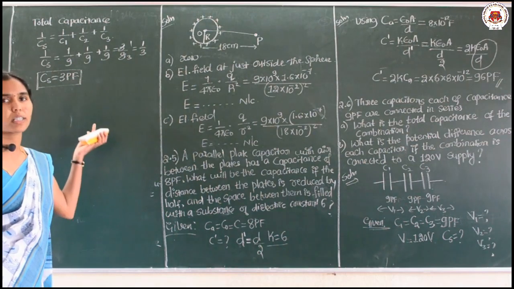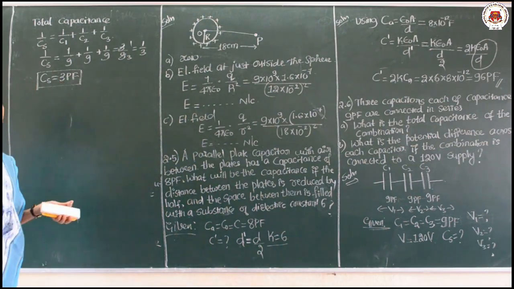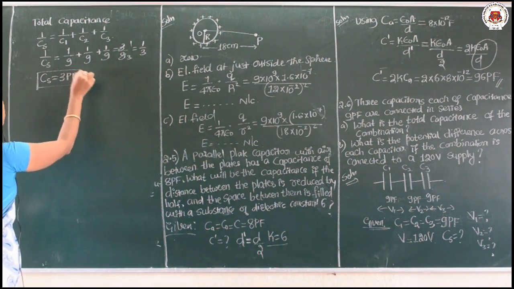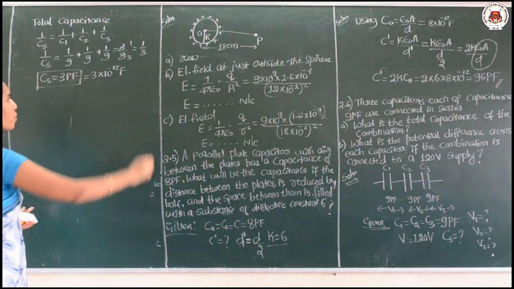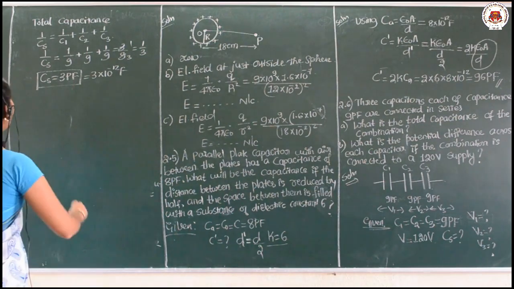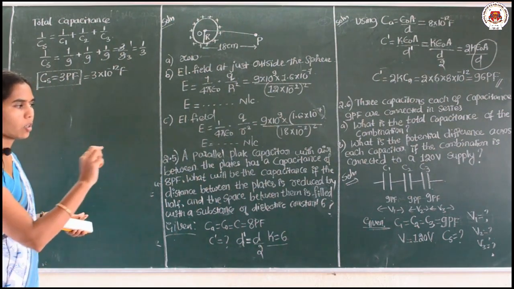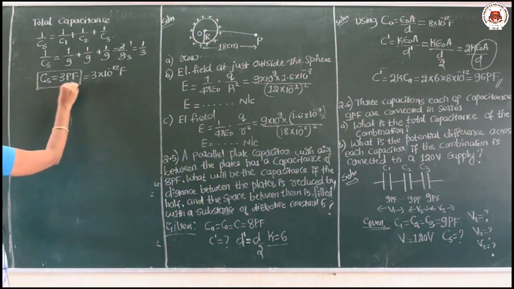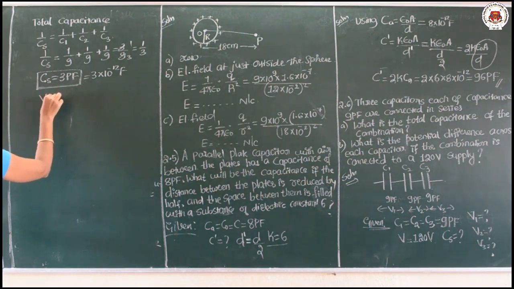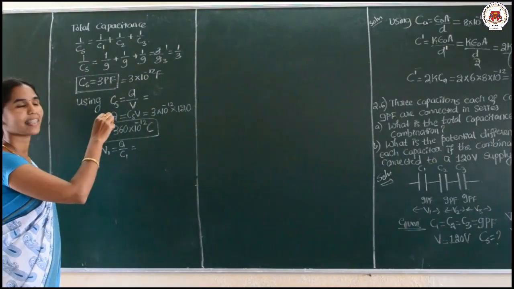Yes dear children, what is the total capacitance? It is 3 picofarad, right. You can write pico or you can mention 3 into 10 raised to minus 12 farad also, no problem. Okay. Then this combination is connected to a potential of 120 volt. Then how to find the, we know that in the series combination or else in this series